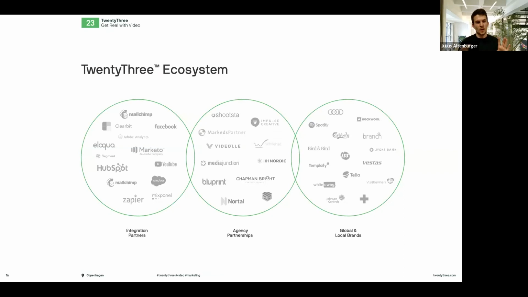So with our ecosystem of partners, both integration partners that are responsible for all the data flow around our platform, then we are also a big believer in the power of agencies, also in terms of video implementation for websites, working on creating beautiful websites, and also obviously all the use cases and case studies that we are also having with the global and local brands on that side.